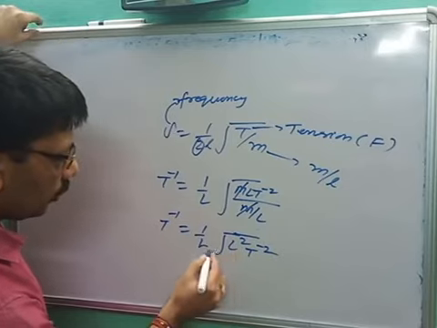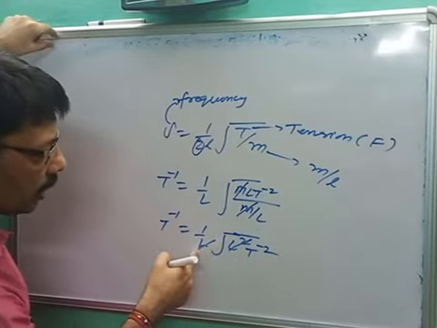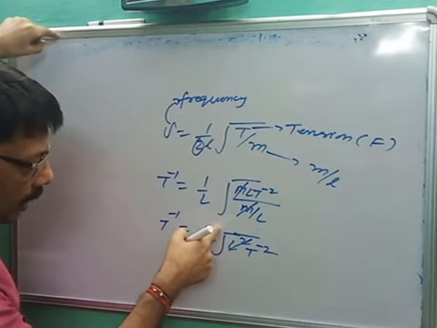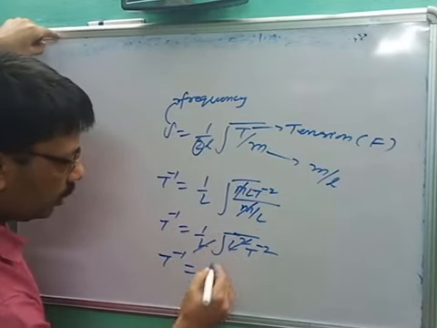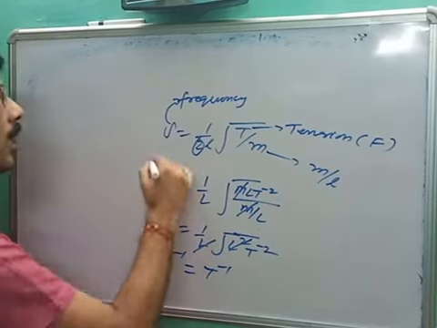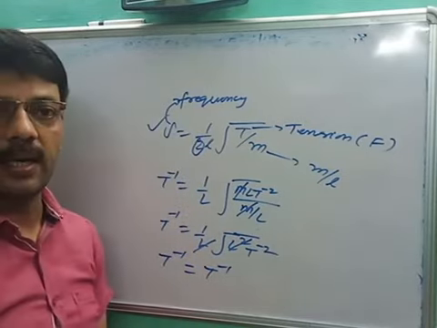It's okay. So L square and L will cancel out. It will come outside the bracket. It becomes L and cancels out. We will get T to the power minus 1 is equal to T square root, it will become T to the power minus 1. Hence the given formula was correct.